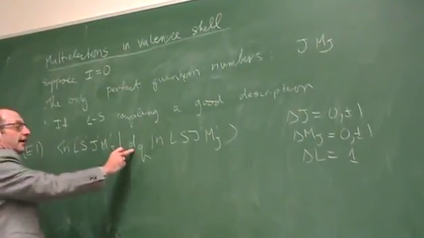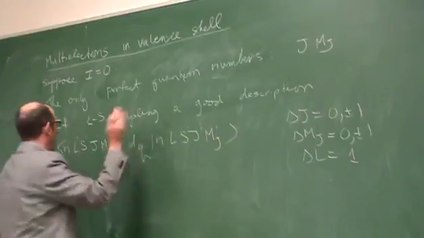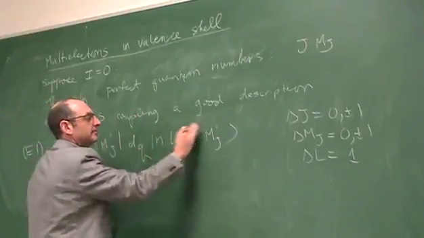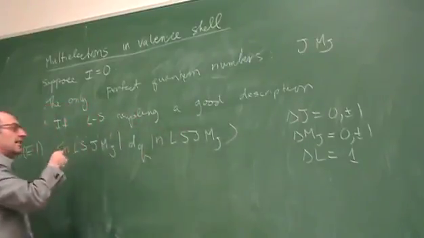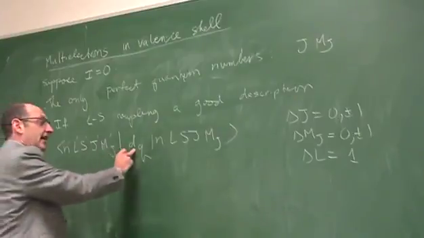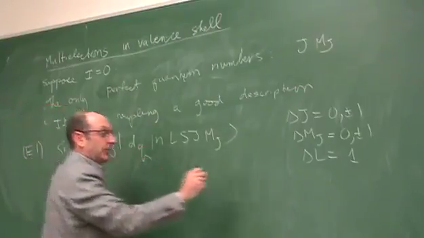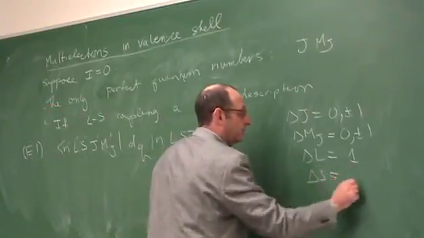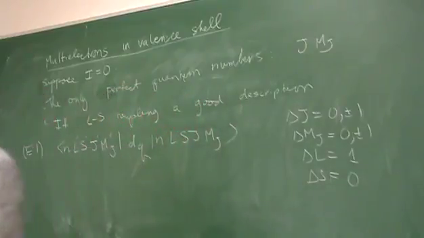Notice, of course, that can't be, so why do I have everything prime here? In this case, the spin is the total spin associated with all of the electrons in the valence shell, which can be more than a half. And since this operator doesn't change S, we also have delta S equals 0.